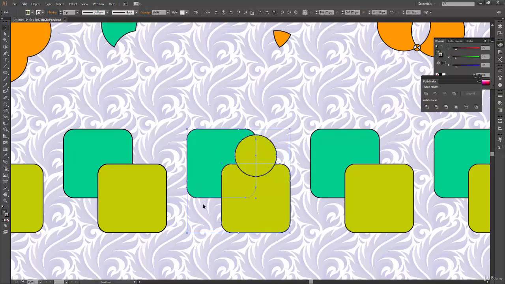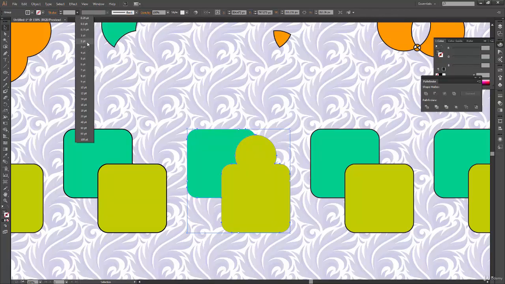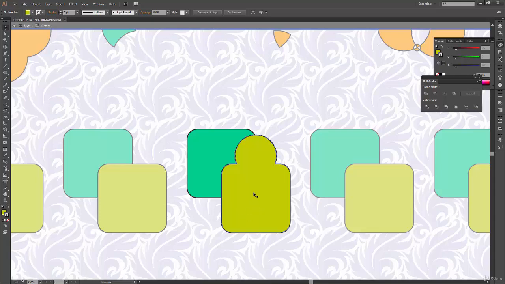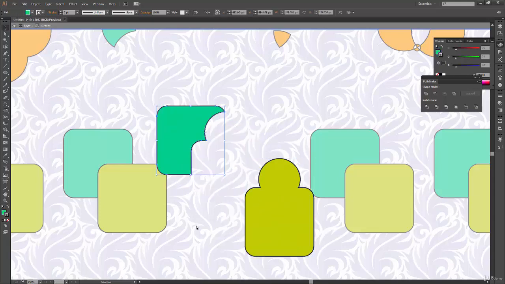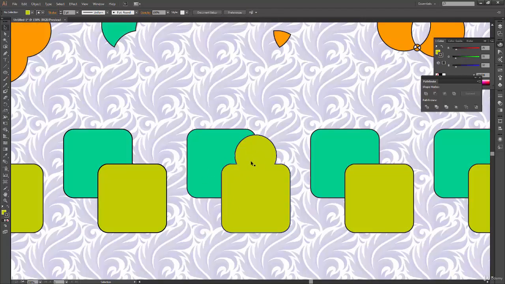So let's select these three shapes together and we will use merge over here now. When I select merge and I get my outline back by 2 points, you can see how it is working now. If I go into isolation mode and try to move these shapes, you can see how merge actually works, and now you will be able to understand the real functionality of merge. If your shapes have the same kind of color and they are above each other, then this merge will actually work as a unite.